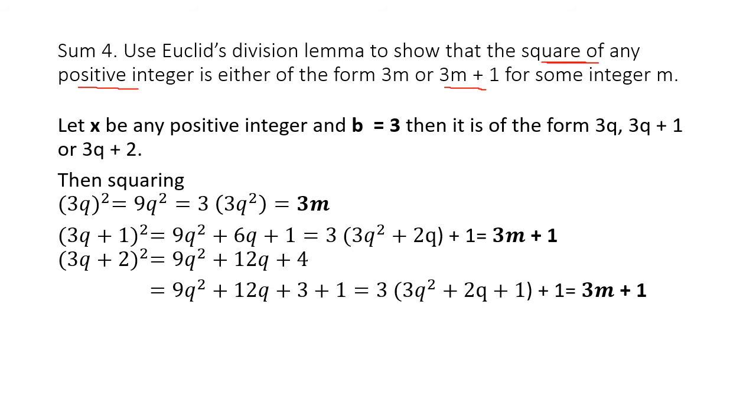2 square is 4. How do you write 4? 3 ones are 3 plus 1, 4. And what is 3 square? 3 square is 9. So 9 we write as 3 into 3. What is 4 square? 4 square is 16. So 16 is again 3 into 5 plus 1. Okay. So it is in the form 3m plus 1. So again what we saw? Square of 1 is 1, written in the form 3m plus 1, where you can say that m is equal to 0. So when m is 0, 3 into 0 is 0, plus 1 gives you square of 1.